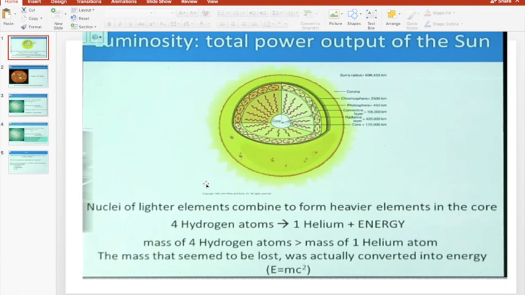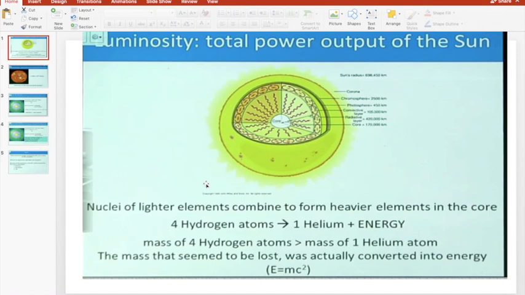Before that, let's see what is the source of luminosity, how it is generated. It is basically generated due to the fusion reaction. What is a fusion reaction? It's a reaction taking place inside the core of the sun, where pressure and temperature are enormous, and four hydrogen atoms combine together to form one helium atom. The mass of four hydrogen atoms and the mass of one helium atom are not the same. There is a loss of mass during conversion, and that lost mass is turned into energy.